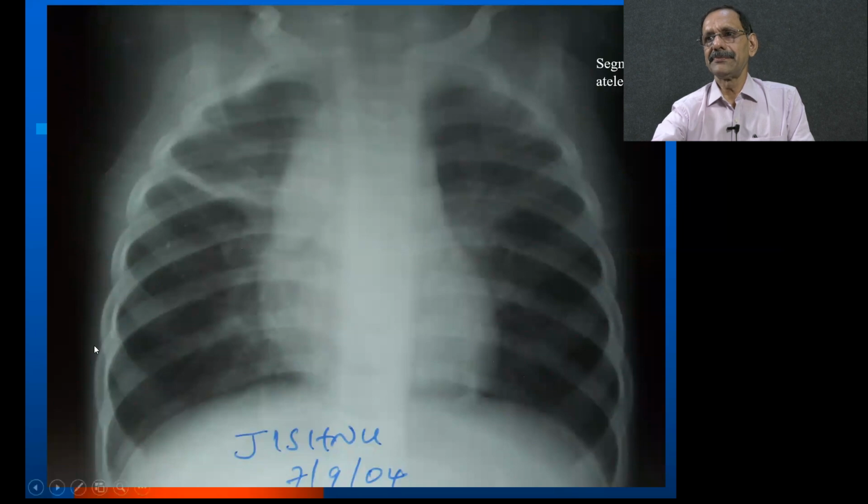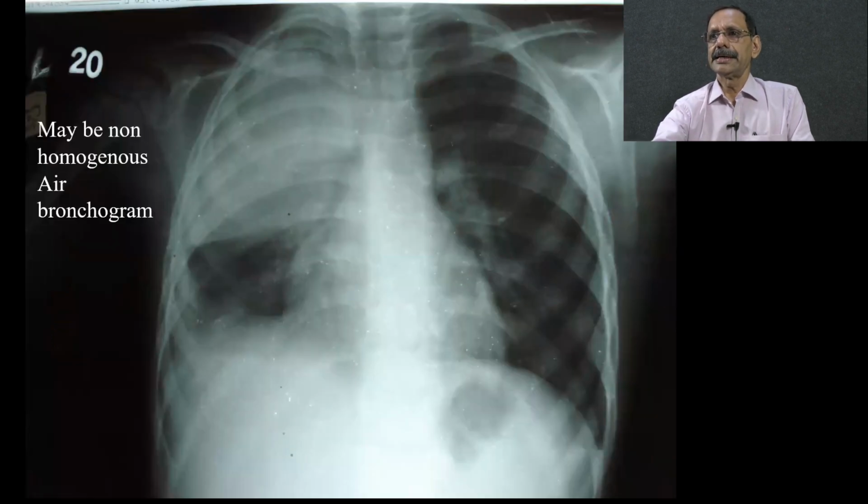Now this is something that we very often see, because in children the airways are so small that they get blocked by mucus so very easily. So this is the so-called lobular atelectasis or segmental atelectasis. So this is basically because of the block of the airway that is supplying that particular segment, and very common in asthma.